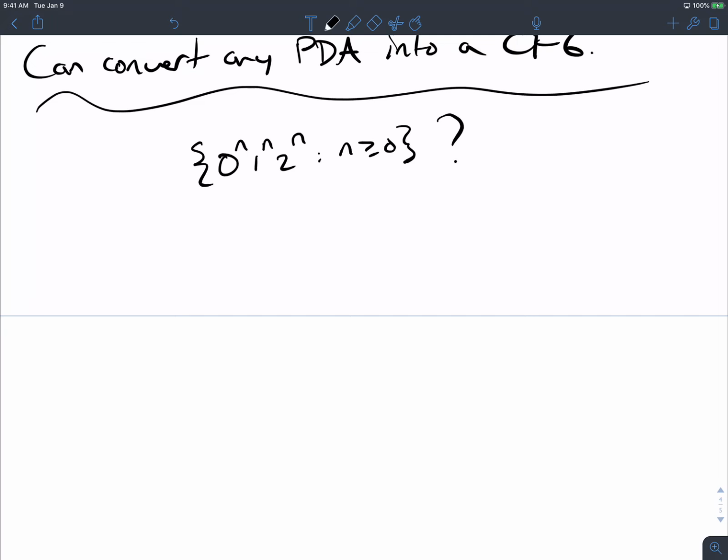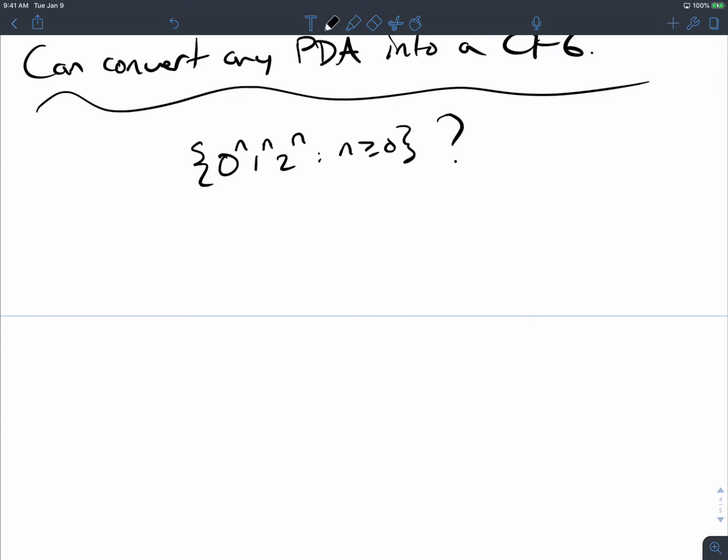Well, if we try to make another state, we still only have one stack to deal with. We've got to put the zeros or something on the stack. I can't just say, put the zeros on, then put the ones on, and then match the 2s up, because that won't work. Well, can you do this? Let's just think, as an example, what if we had 2 stacks instead of 1? Could you do this language with 2 stacks?